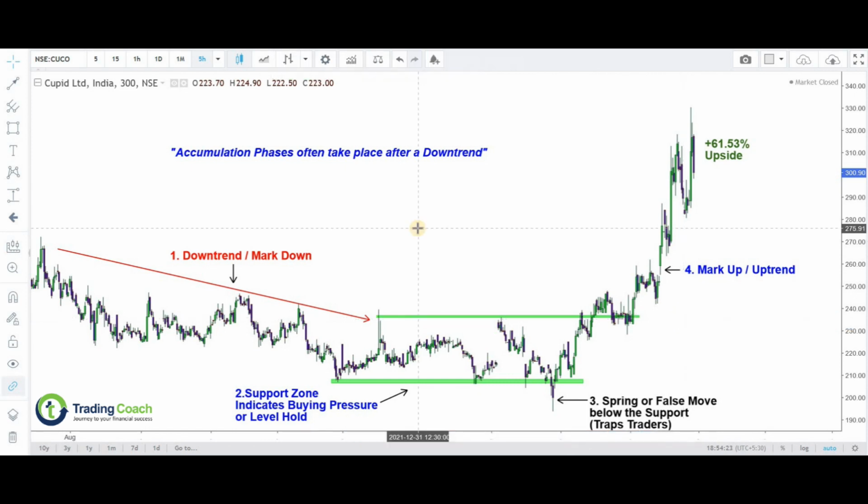And of course some people try to use the volume along with the accumulation phase, but just like I have pointed out in one of my earlier videos, volumes nowadays are not as reliable as they used to be. Most of the time the volumes are manipulated to a large extent by these algorithms and by these machine traders. And also if you're trading in something like cryptocurrencies, forex or commodities, or even if you're trading in options and indexes, you cannot use the volume.